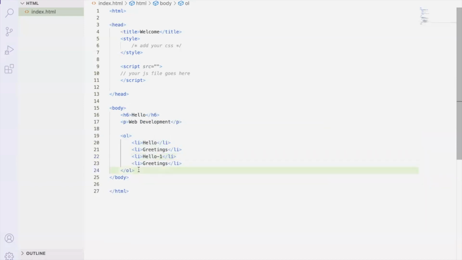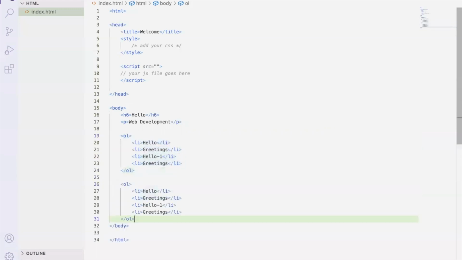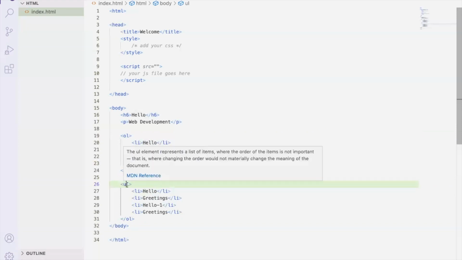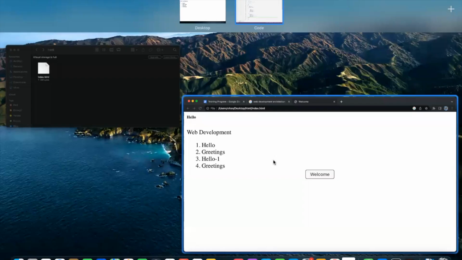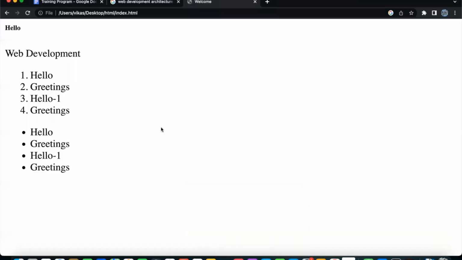Now let me go with the unordered list. In that case I will copy the same and paste it here, and here I will pass unordered list, and let's come back. Here as you can see the bigger difference between both. Here I have this numbering 1 to 4, and right now here we don't have this